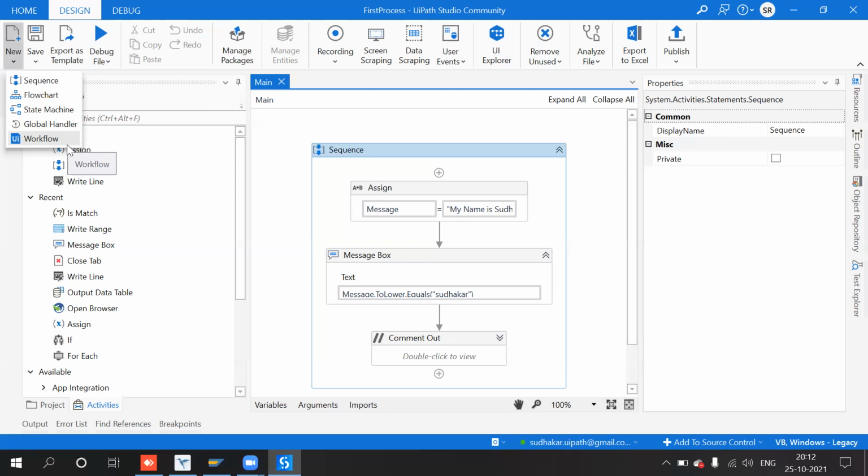Whenever you are attending an interview, you tell what is the latest version. If you tell the latest version you are using, you have to tell what features are available in the new version as well as the old versions.